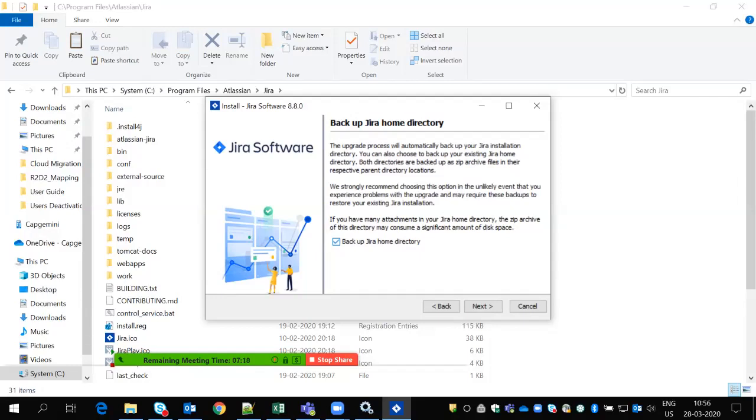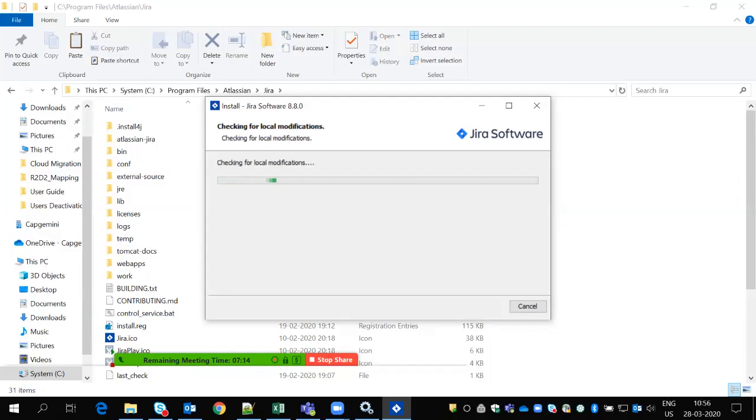So it is checking local modification files. I'll tell you what a modification file is. It will take some time.